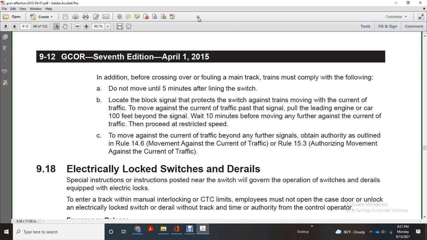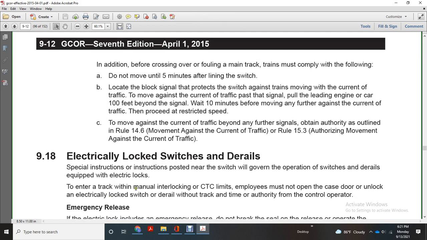9.18. Electrically locked switches and derails. Special instructions posted near the switch will govern the operation of the switch and derails equipped with electrical locks. And the track with a manual interlock with the CTC, limited employee must not open the case or the doors on the door or unlock electrically locked switch or derail without the time and authority of the control operator